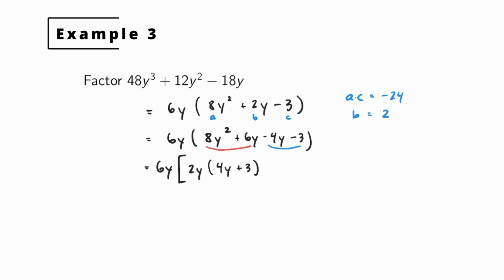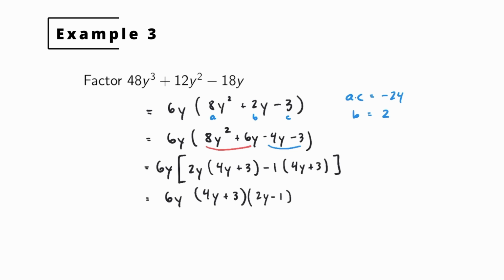Now, from the second two terms that I've underlined in blue, the GCF of those is 1, but we want to factor out a negative 1 so that we have that matching 4y plus 3. So we factor out a negative 1, and that leaves us with 4y plus 3. And then inside these brackets, we have a common factor of 4y plus 3, so simply factor that out. So we will have 6y times 4y plus 3. And then left over, once we've factored out 4y plus 3 from each term, we will have 2y minus 1.